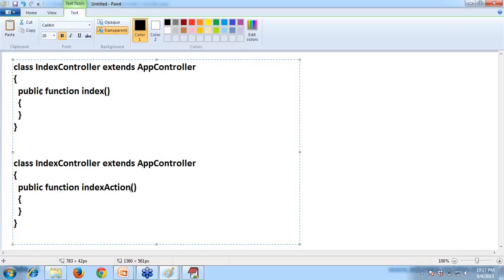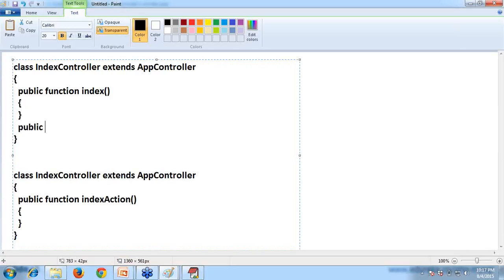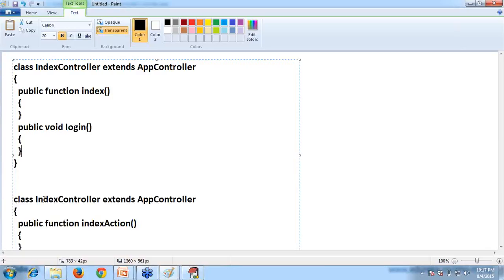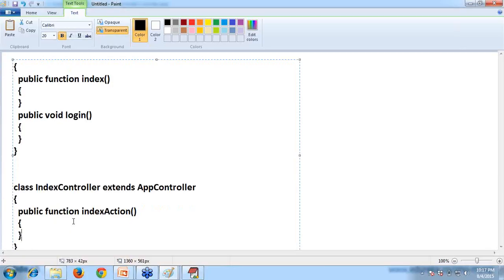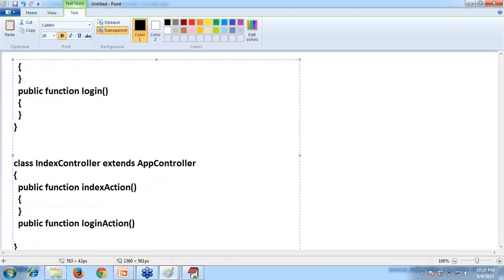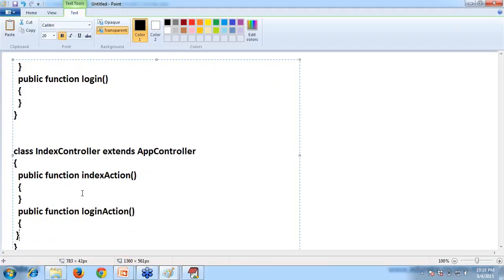In CakePHP: public function login. Here in Zend Framework, it will be public function, not void, sorry, void is Java. It's PHP we are talking about. Public function loginAction. Simple. In the login action, we'll have the model working with the database and so on.